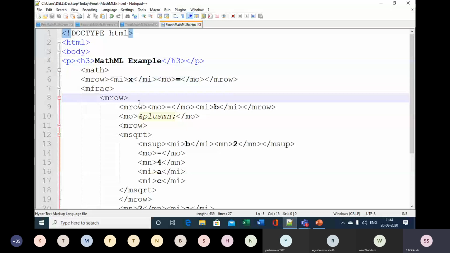And then here, we have put the operator plus minus, and then in another row, in square root, you can have another row.